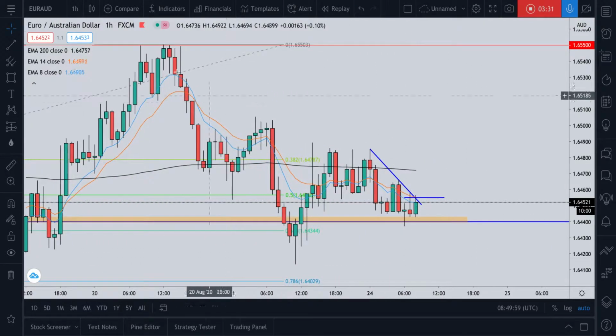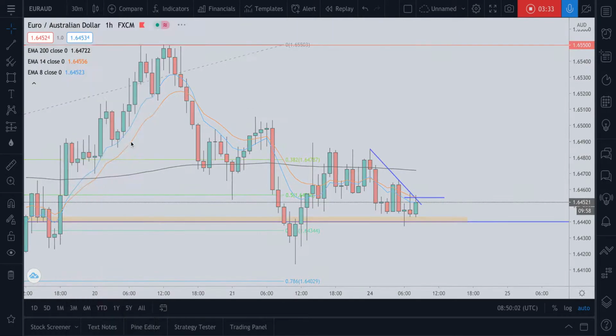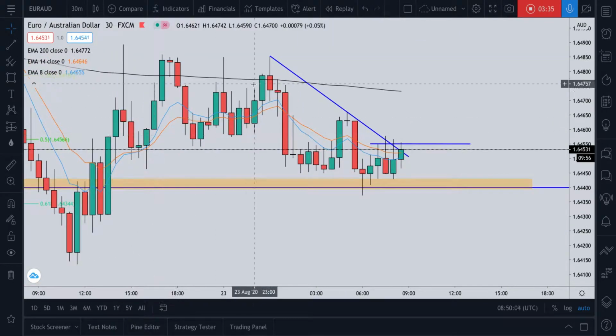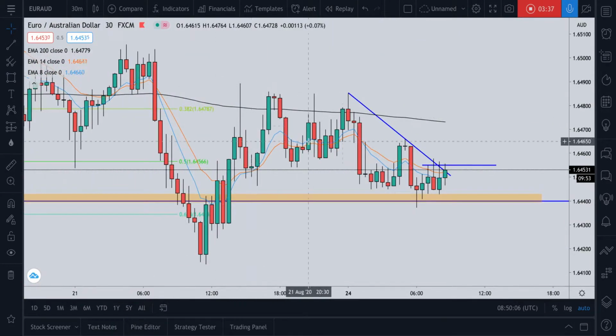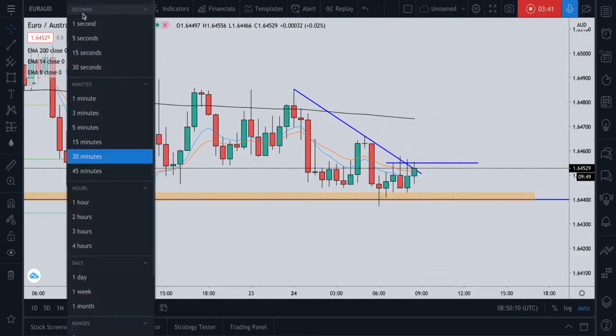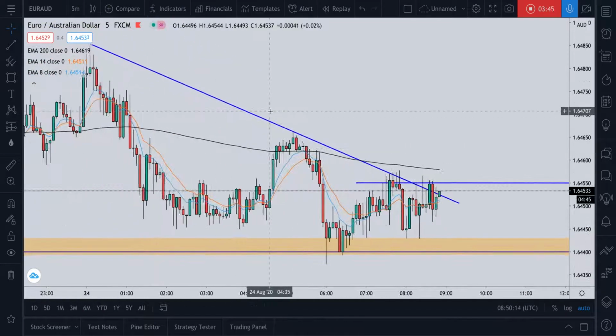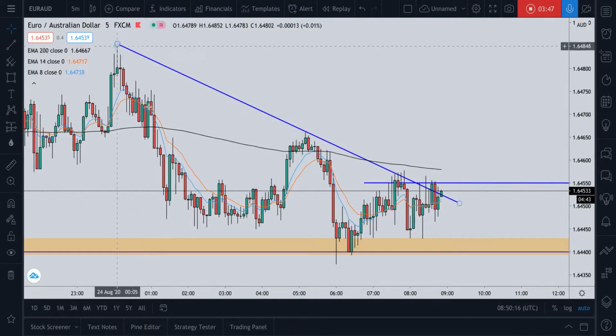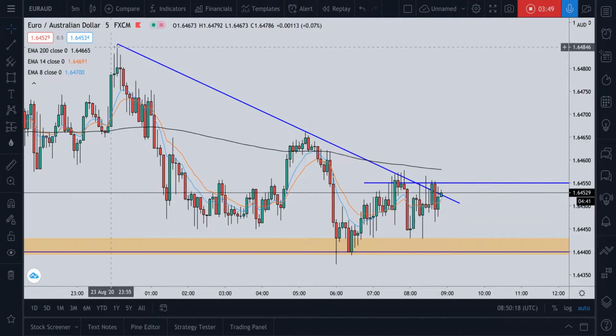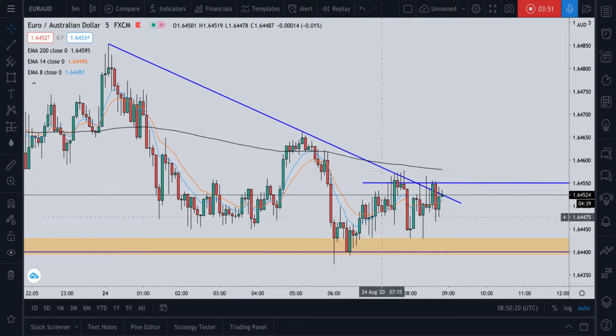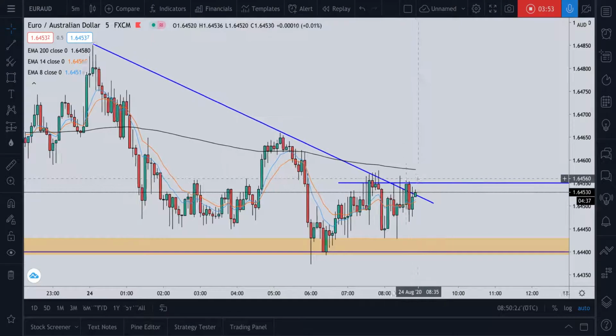So the only thing we need to see, we gotta break this down to the 30 minutes time frame. So we have this counter trend line, right? So price is creating low high, low low, low high, low low. And the only thing I was looking at is around the 5 minutes chart. So we're seeing this counter trend line, right? So you pull up your counter trend line. We're seeing price is rejecting this trend line. It doesn't want to break. So I indicated